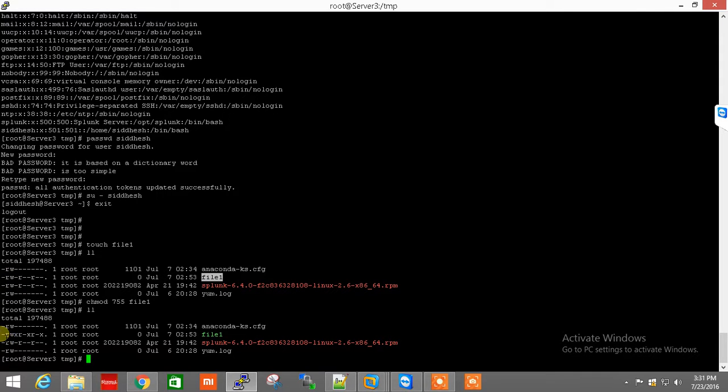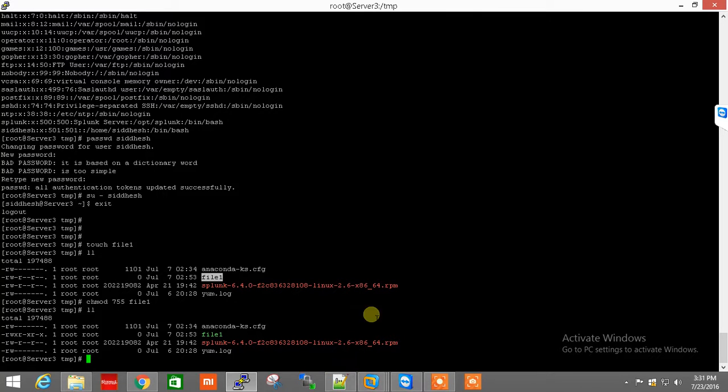Now the file permission has been changed to read, write, execute for your admin user, read and execute for your group, and only execute for others. So this is the permission which I have given for your file.